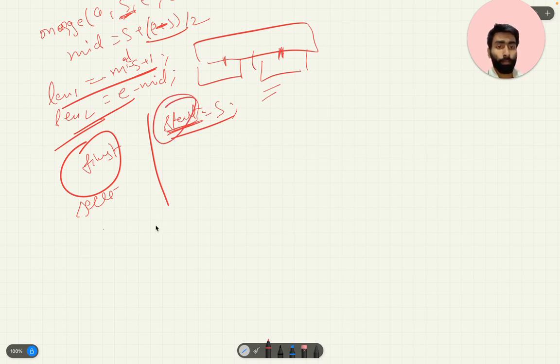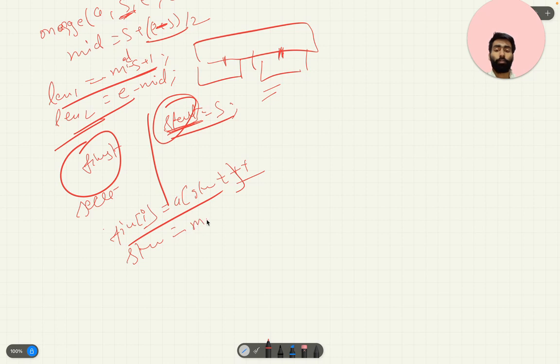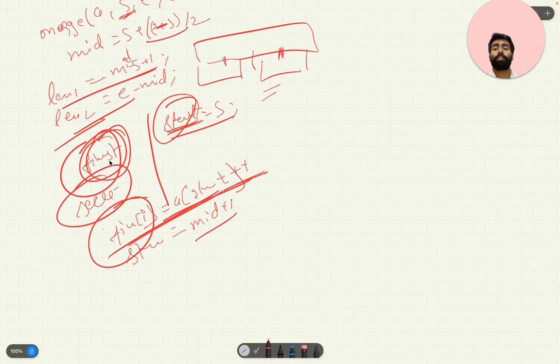So first we will initialize the first index as this a start, and in every iteration we will increment it so that the value gets copied in it, and a start will be saved to mid plus 1 after the iteration. Once this pointer or array, array will be more appropriate to call it.